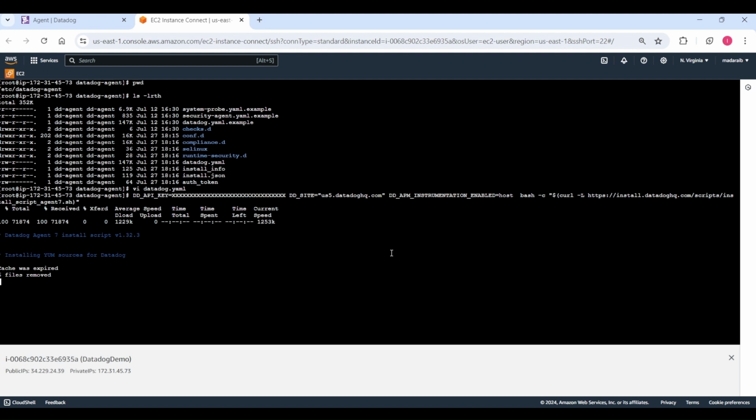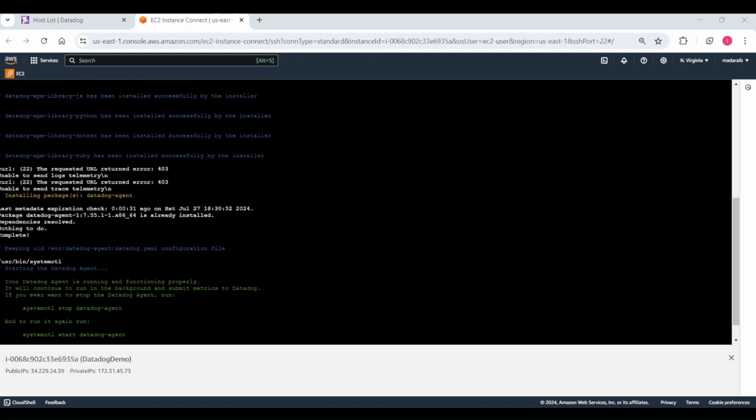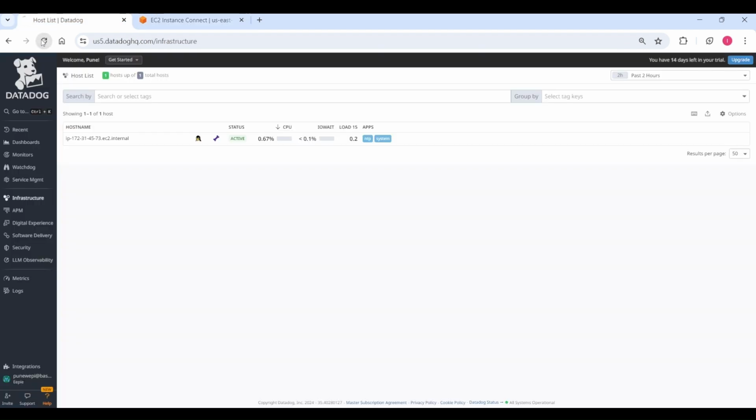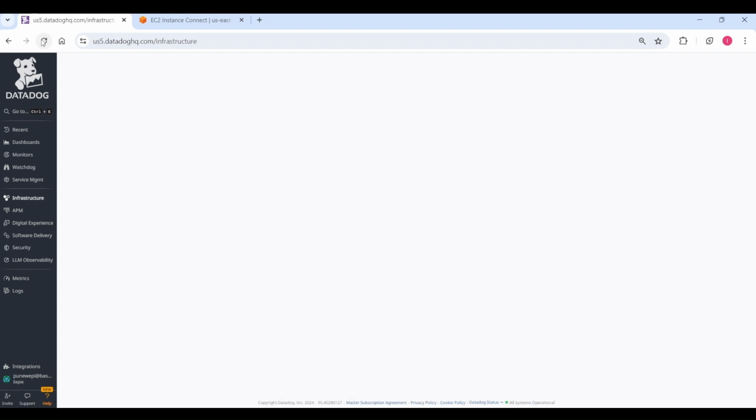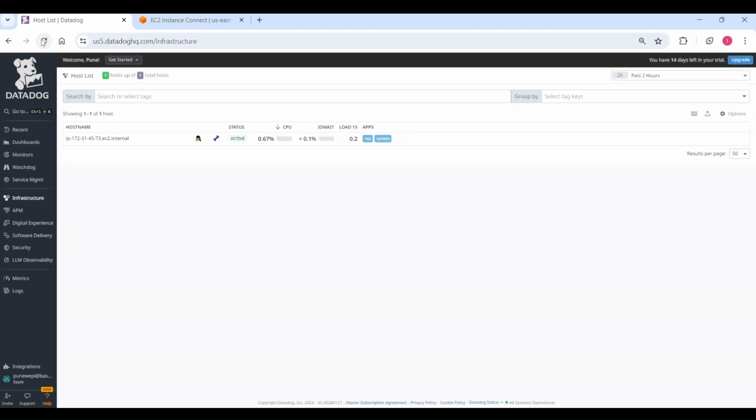Okay, welcome back. It has completed. Let me go back to my EC2, and probably it should start reflecting here, or it will take a little time. So we will come back again. We will have a module covering APM in future. So today what we have done is we have enabled Datadog and integrated one of the AWS